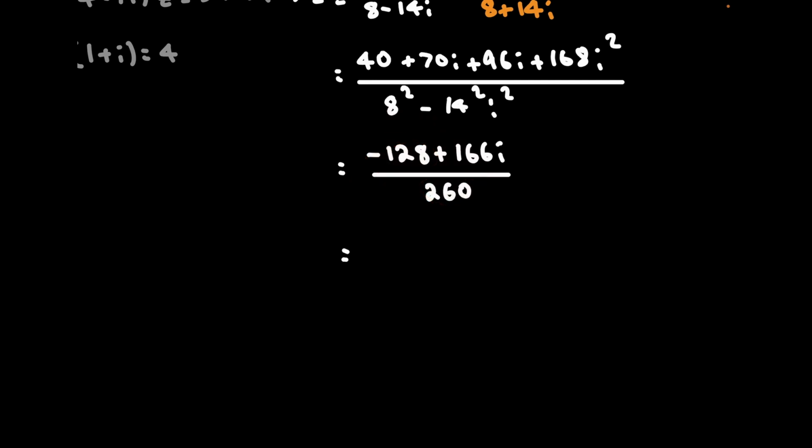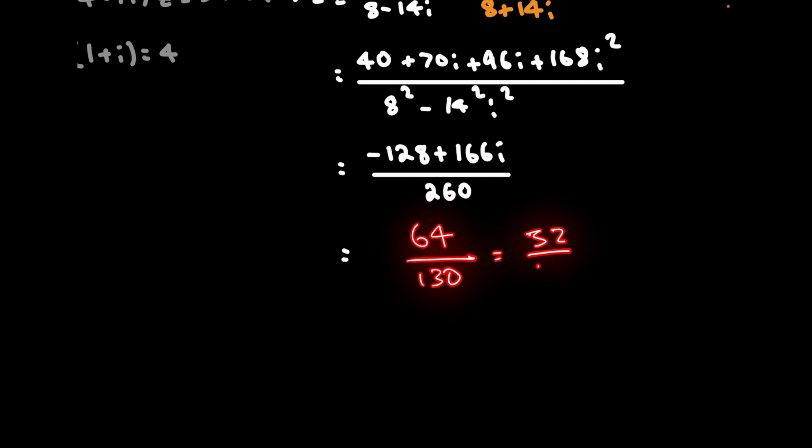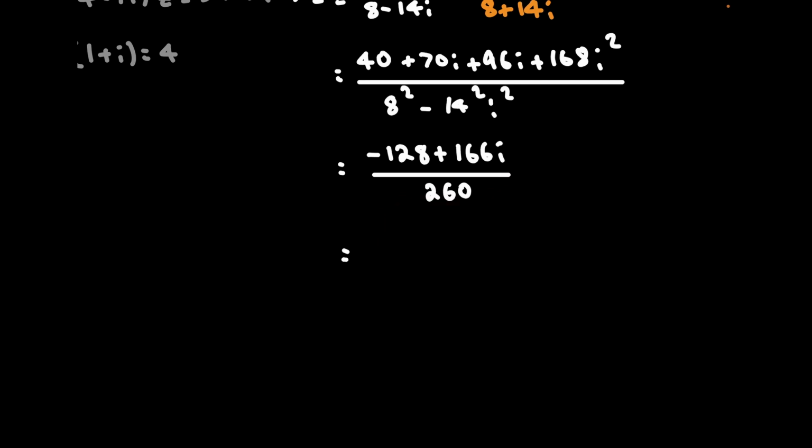128 divided by 260, we can first divide it by 2. So on the top we get 64 divided by 130. We can keep going. That's 32 over 65. And from what it looks like, I think this is as simple as we can get it. So 32 over 65